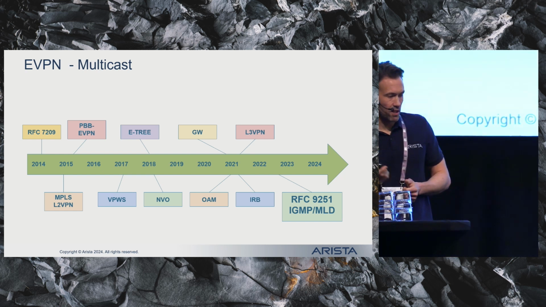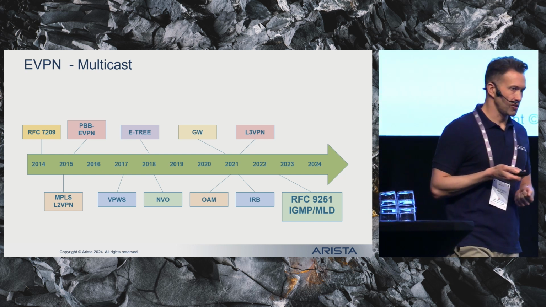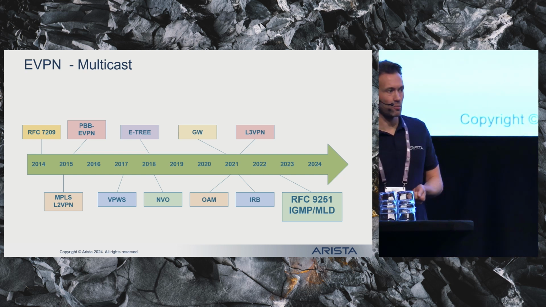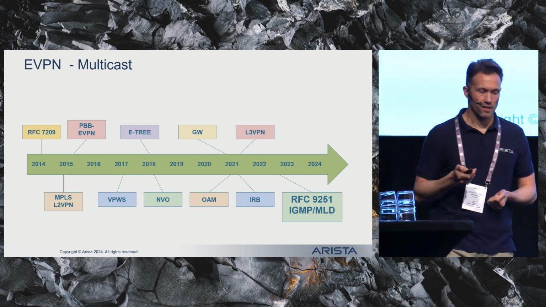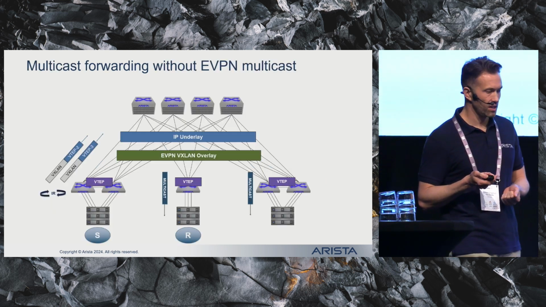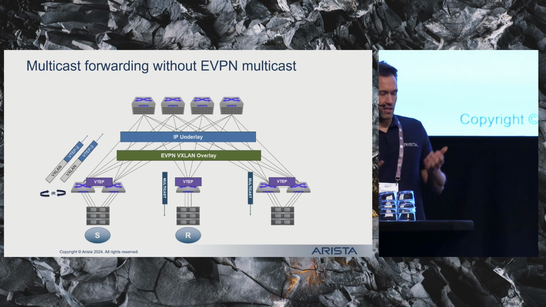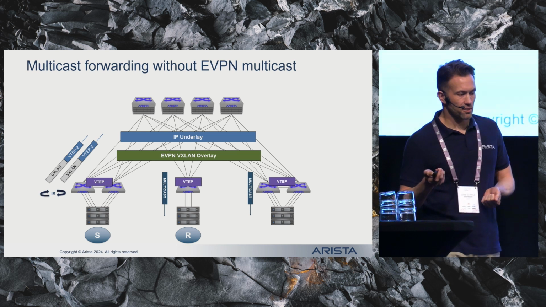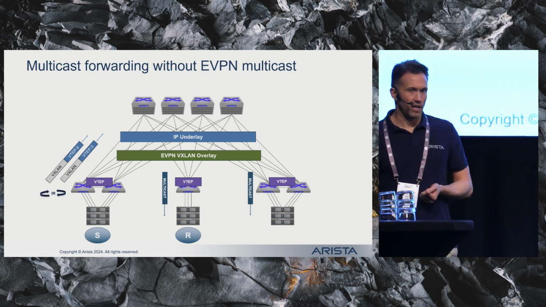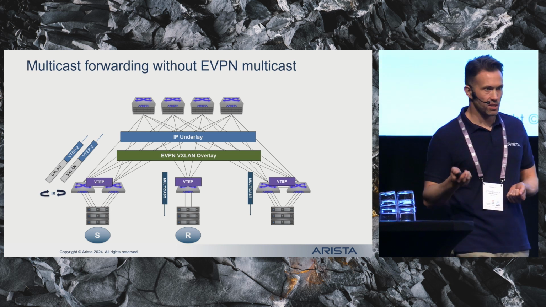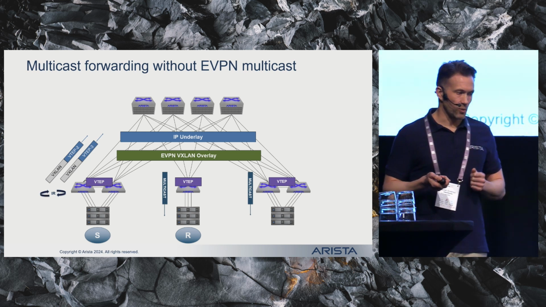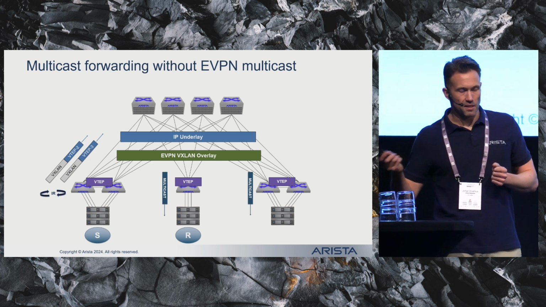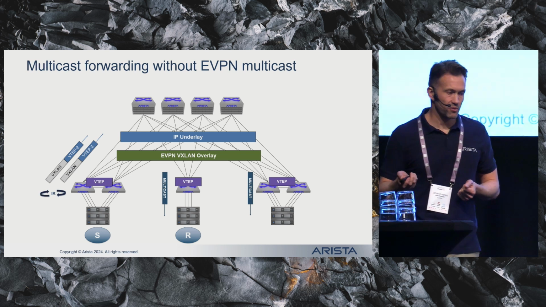In 2022, RFC 9251 introduced proxy functionality for IGMP and MLD. And the purpose was, of course, to optimize multicast services in EVPN networks. If we take a layer 3 leaf-spine data center, for example, that perhaps uses EVPN for unicast services, but not for multicast, there's really no way of knowing where you have IGMP receivers or MLD listeners. So a multicast packet would be sent from the sourcing VTEP to every VTEP in the network, regardless if they have receivers or not.